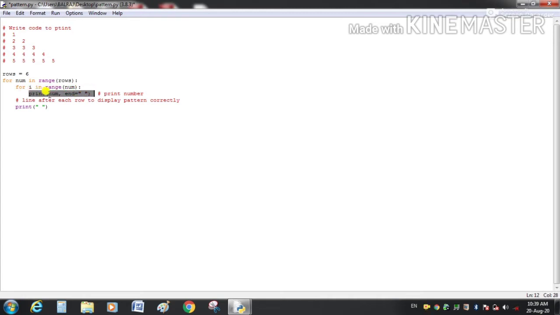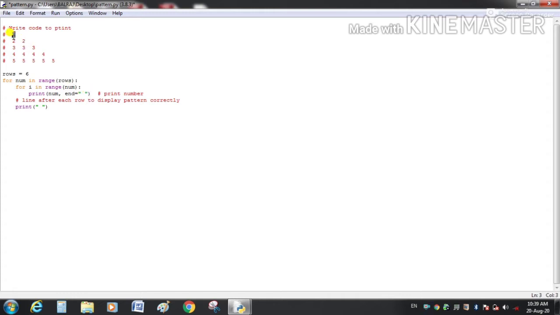Print num, and after that end equals blank. We use this to get a space between these numbers. So in this way we will get our first 1 here.